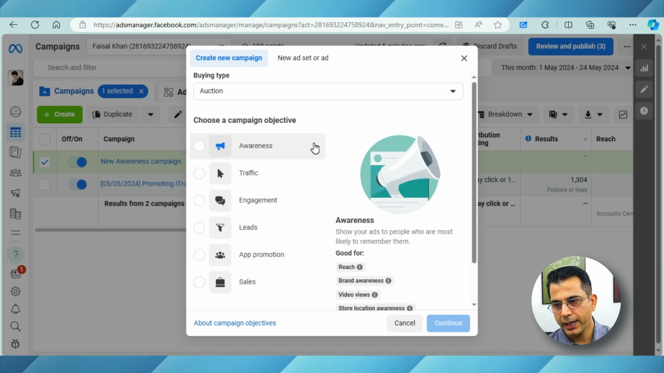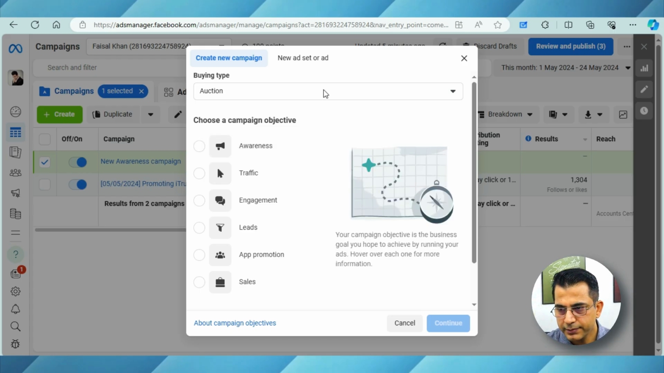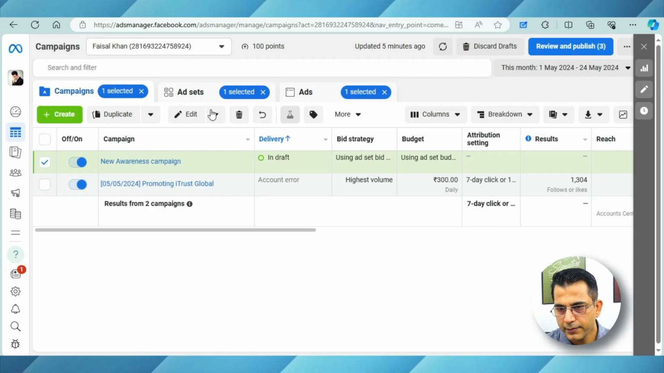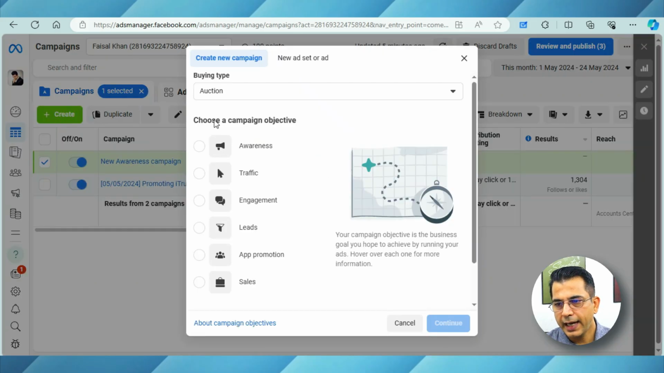This is the ad manager page. You first need to create a campaign. Then, within that campaign, you can have several ad sets, and within those ad sets, you can have different ads. Okay, I'll tell you, for example,